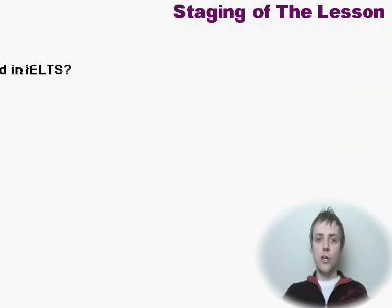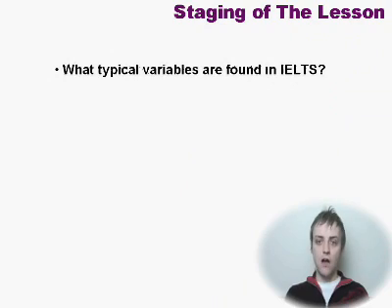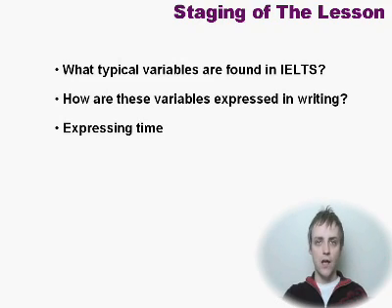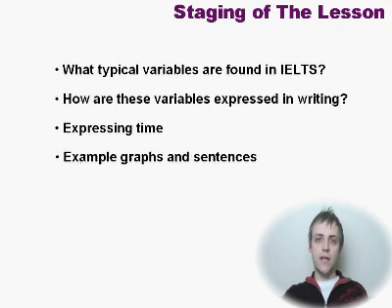Okay. So how are we going to do that? We're going to look at the particular variables that are found in an IELTS question. We're going to look at how these variables are expressed, so simple structures for telling us in the sentences what these variables are. Later we'll look very briefly at some common expressions for times, specific times and periods of time. And we'll put all of this together, combined with the information in the previous lesson, to describe a graph that I've got for you, and describing the trends in that graph at particular periods of time,